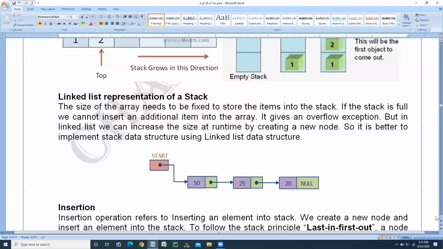So it is better to implement the stack data structure using linked list. I hope you understood this. Array is fixed size. Once we reach the maximum size of the array, it shows the error. Further insertion of items into the stack is not possible in arrays. Whereas in linked list, it is not a fixed size. It is a dynamic process. It means it allows you to go on adding new items into the stack during runtime. This is the advantage of